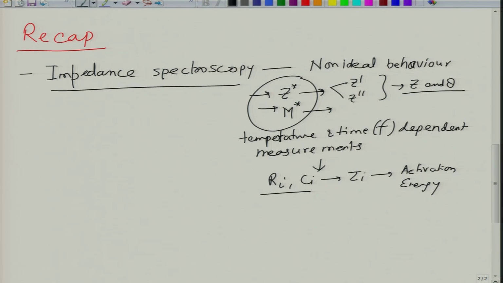So, you might have vacancies, you might have interstitials, you might have impurity atoms, and so on and so forth. Different entities will have different time constants, and they will have different temperature dependence and frequency dependence. As a result you can look into different mechanisms a little bit more clearly, and by combining impedance and modulus spectroscopy the differences become more amplified, or you can say clear. So, this is one way to characterize dielectric materials, and a very useful way.